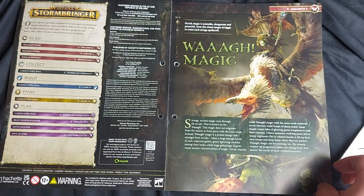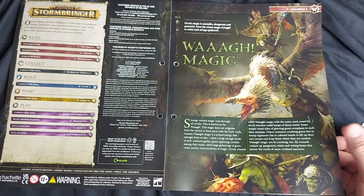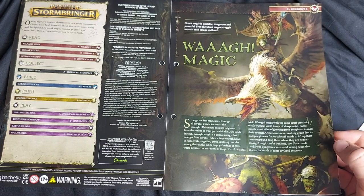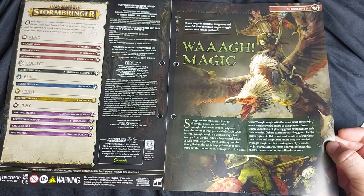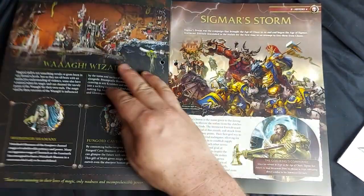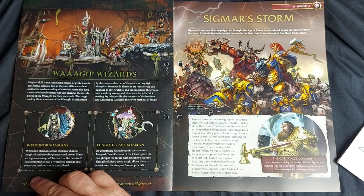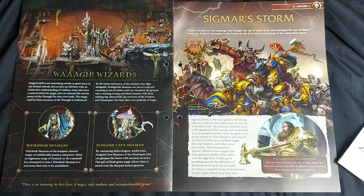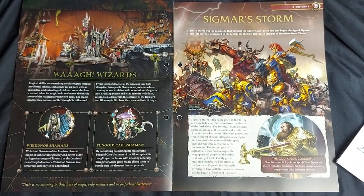It's very much like the orc culture. There's the two sides. There's the might makes right and the stealthy, silent killing side of things. So yeah, each wizard will interpret the magic of the war differently. So here we have Weirdnob Shamans for the Ironjawz. We have the Fungoid Cave Shamans for the Gloomspite Gitz. And of course, we have our Potgrot and Swampcaller Shaman for the